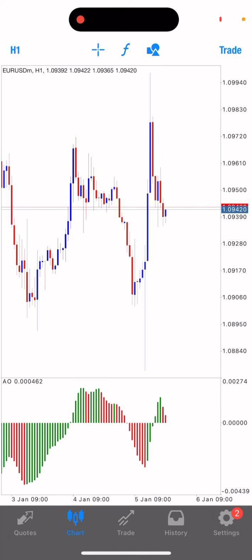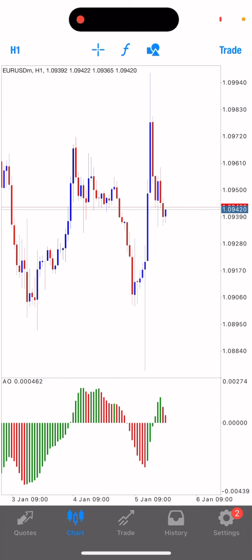Without wasting much of our time, let's get into the strategy. This strategy is called the AO divergence strategy. This is the strategy that will give you the best sniper entry in the market. But the advanced concept is that I don't trade only the AO divergence, I trade it with